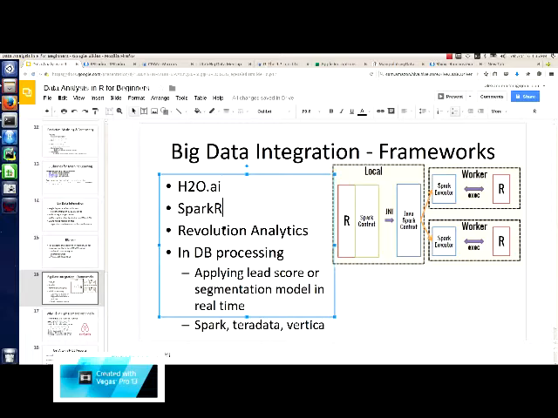Okay, and then I mentioned SparkR, which works within the Spark and Hadoop ecosystem by basically, as the diagram shows here, on each worker node, it has RServer running. So, this is getting complex, but when you're doing your jobs and they get deployed out to each of the worker nodes, it's just a little R script that's basically running on each of the data sets that's local to that node.